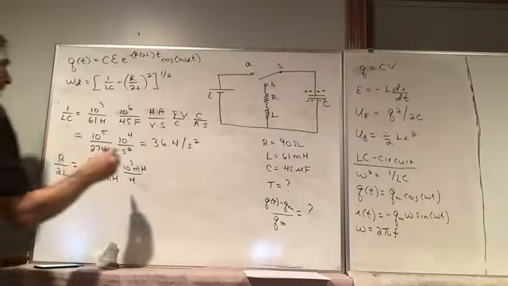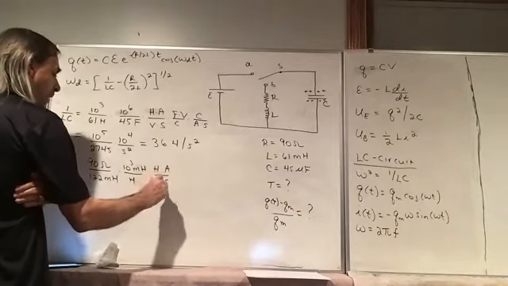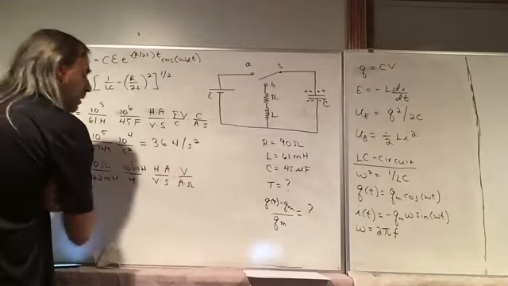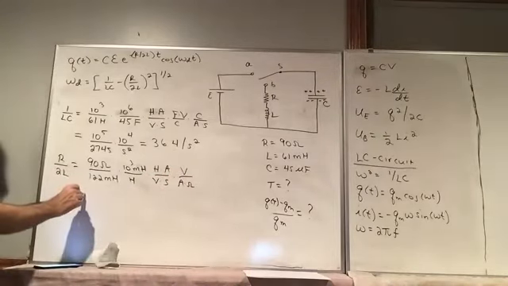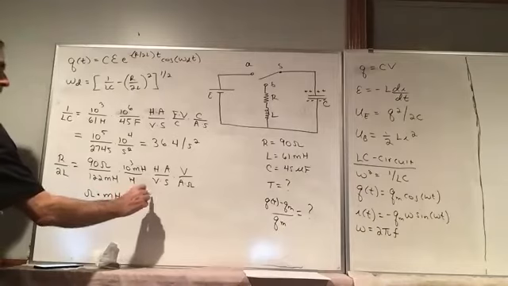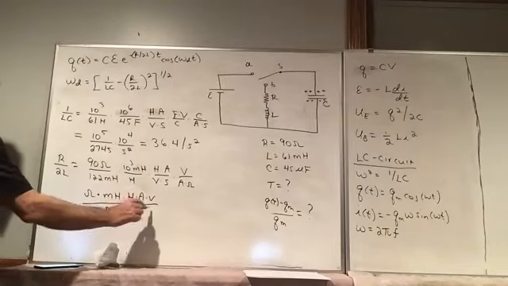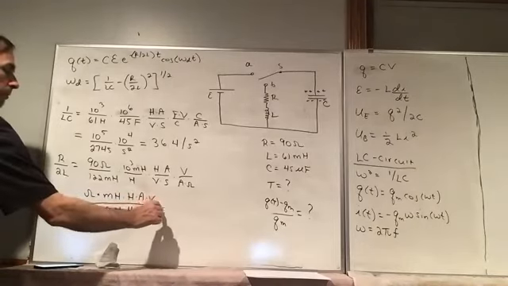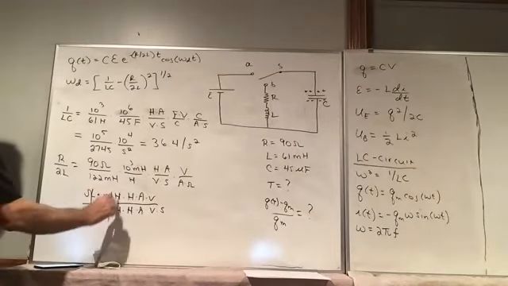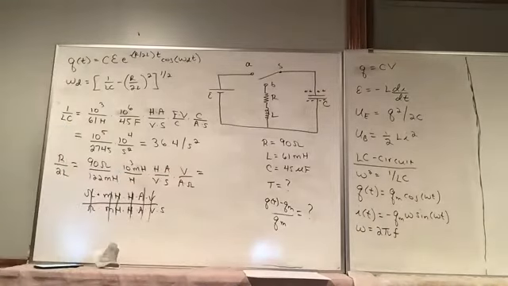So Henry times an amp is a volt times a second, and a volt is an amp times an ohm. So let me just check the units and then I'll erase it. We have ohms times millihenries, henries, amps, and volts. At the bottom, millihenries, henries, volts, seconds, amps, and ohms. So we get inverse seconds. So numerically,